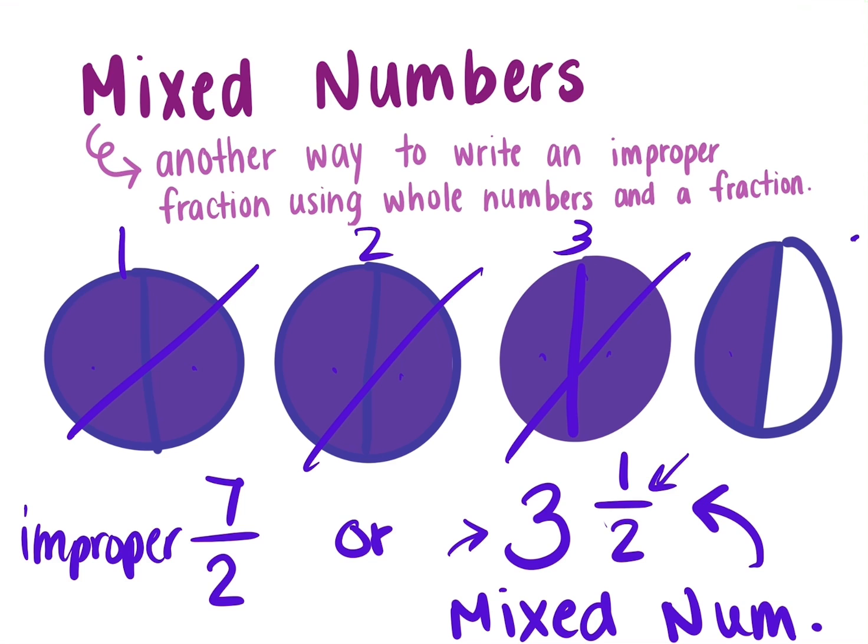With an improper fraction, you have all the shaded in parts represented by the numerator, but when you're talking about a mixed number, you count some of those shaded in parts as wholes because we have some wholes here, and that's what we're writing this as. We're writing it as 3 wholes, so 3, and then we don't have to write 7 halves because we've already counted these wholes, these, and these, and really the only thing left to count after that is